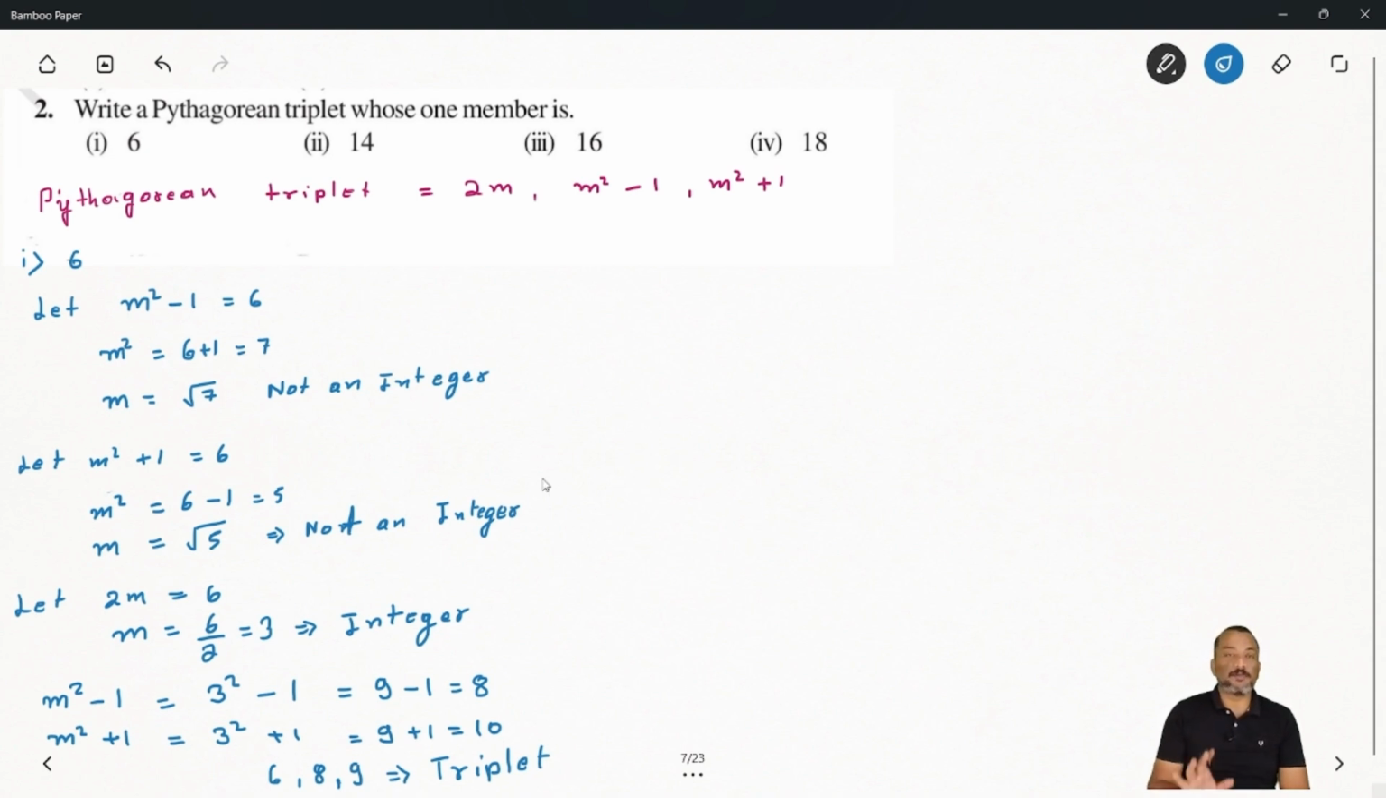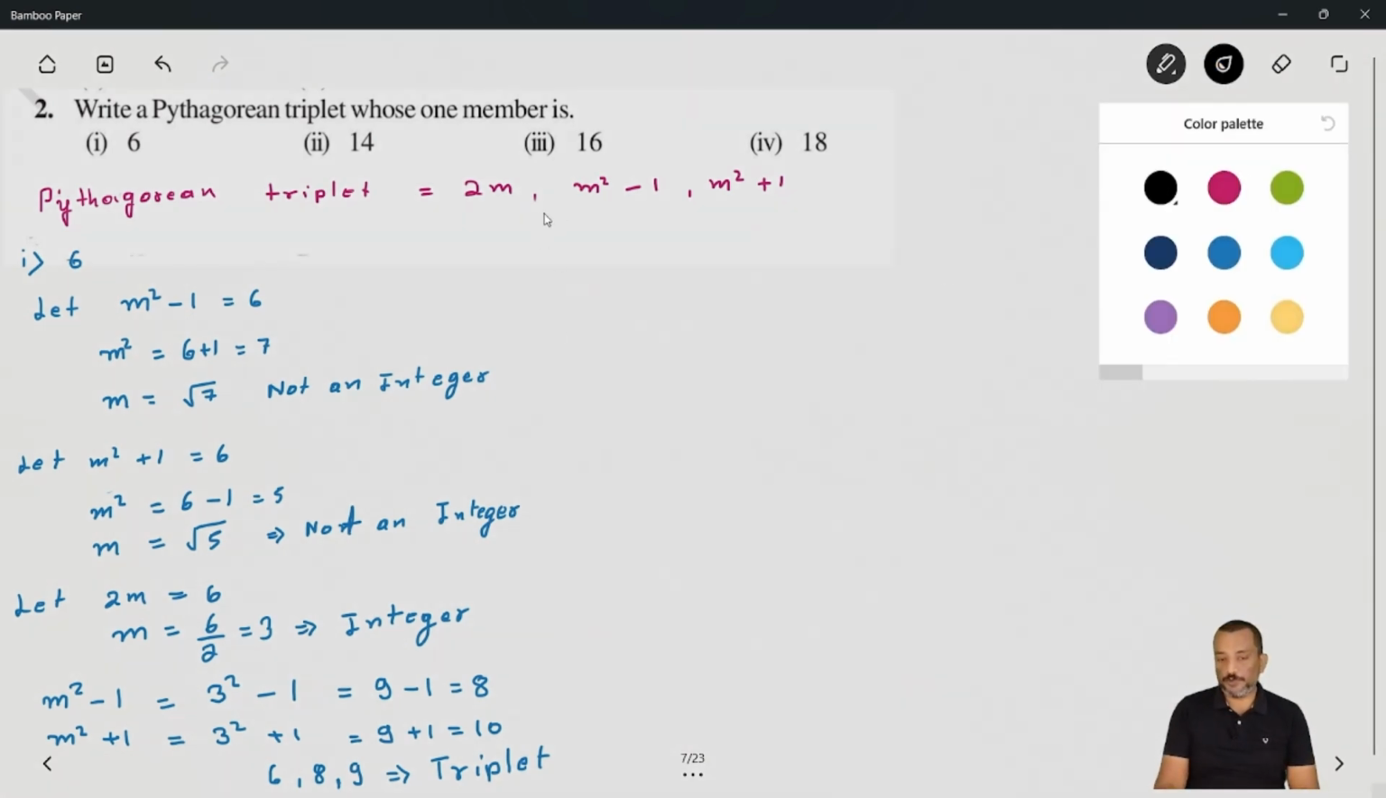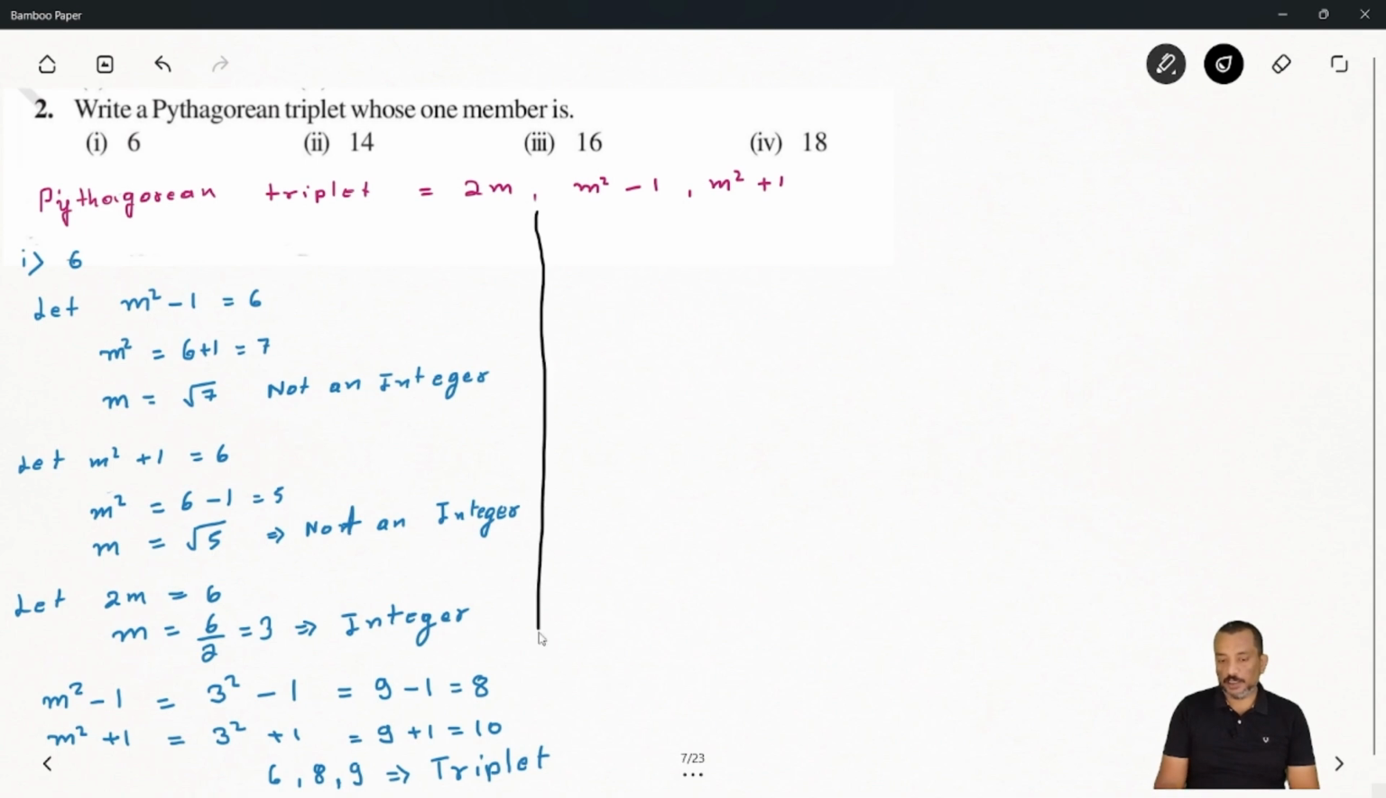So that way we can solve this question. Okay, let's try the second question. We will take a second question. So second question again here we will say second question,